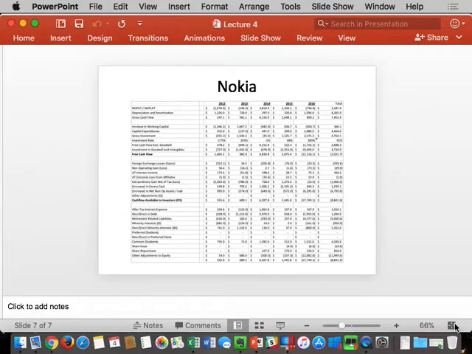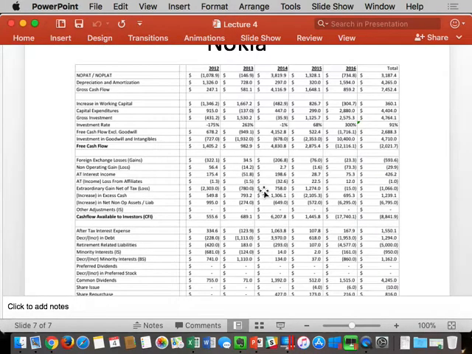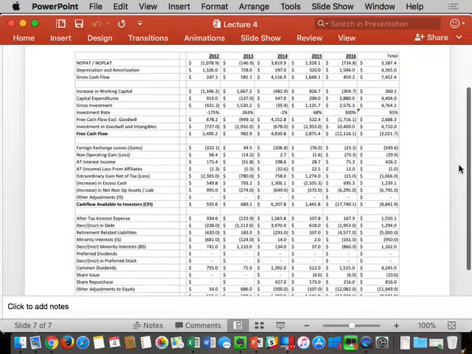Okay, so here is Nokia. Make it a little bit bigger to see. All right. So again, over the 5 years, about $7.4 billion of gross cash flow, about $4.8 billion of gross investment, resulting in a 91% reinvestment rate. They spent about $4.7 billion on goodwill, giving them negative $2 billion of free cash flow over the 5-year period of time. So again, with the negative $2 billion of free cash flow, where did the money come from to